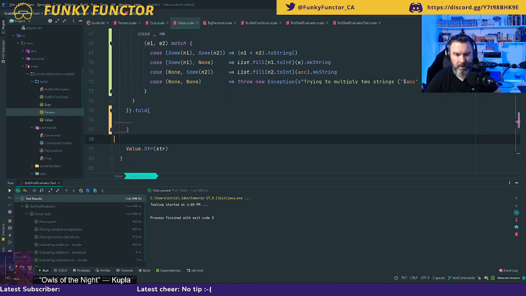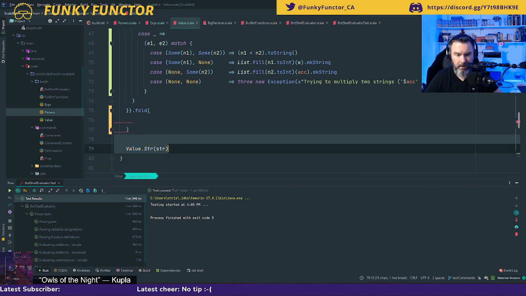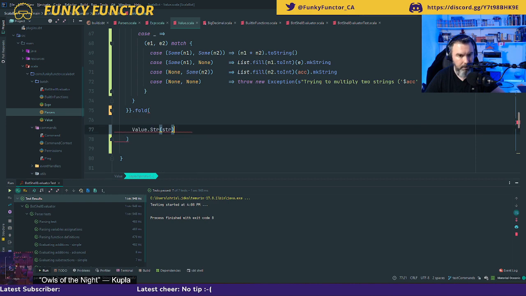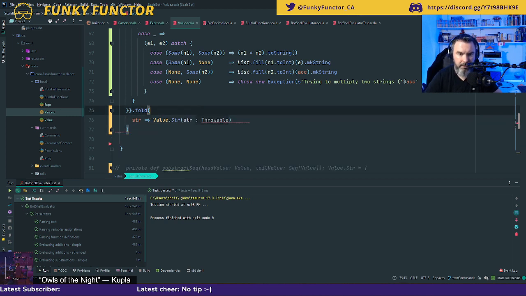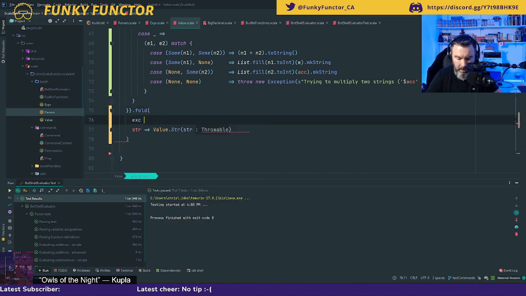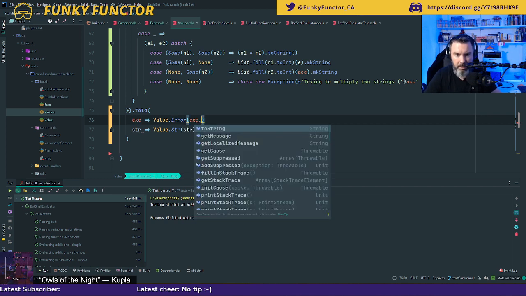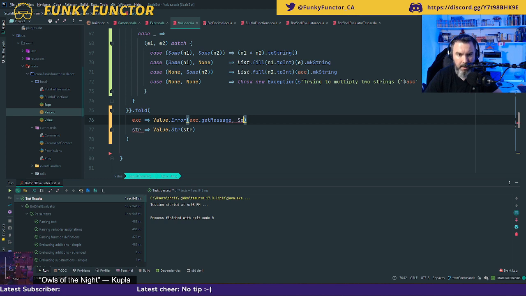So if everything goes fine, I have a str and I cast it as a Value.String. If I have some problems, I have an exception and I cast it as a Value.Error. And I'm going to take the exception.getMessage, and then I take the details of this exception afterwards. And I need to separate these two.